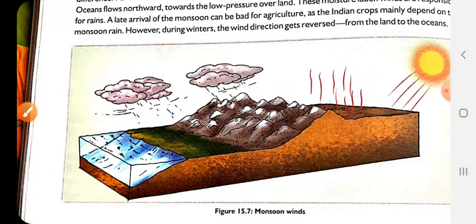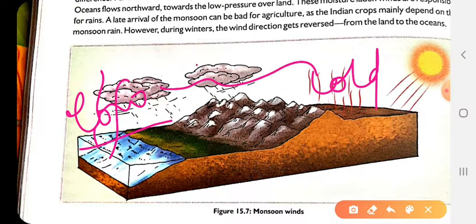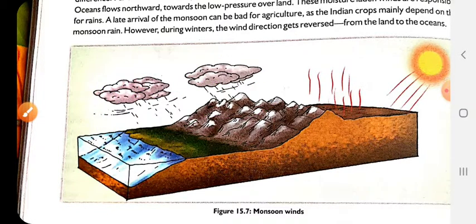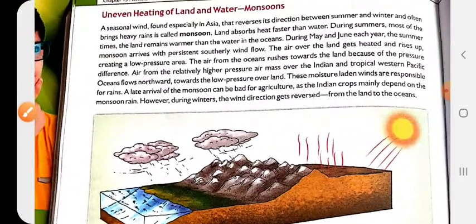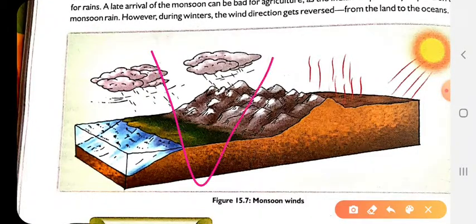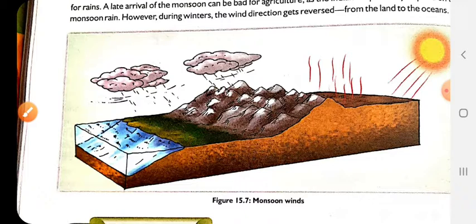So because the land is cold, while the ocean is not cold yet, it is warmer, there is more cold air over the land, right? So this causes low pressure over the sea, and in winters the monsoons go back towards the ocean. So this causes the monsoons, which reverse their direction between summer and winters, right? In winters they flow backward to the oceans. This is the Indian peninsular region, and in the summers the air blows from the ocean towards the land. Clear? That is from the high pressure region to the low pressure region. Clear it is?